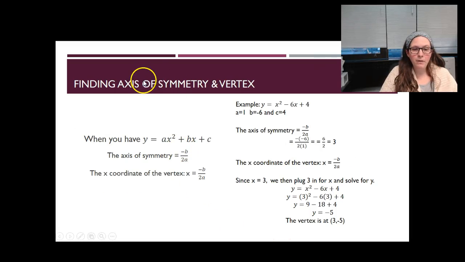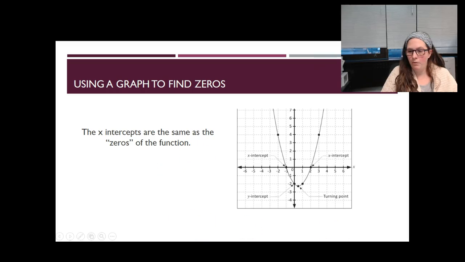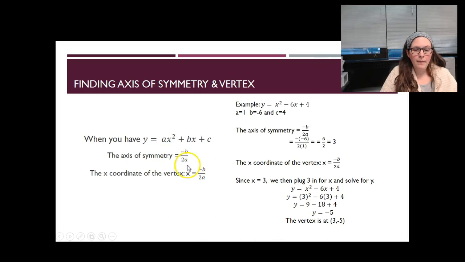Okay, next in this one, you need to be able on the quiz to find the axis of symmetry and the vertex. I'll show you how to do this one in a minute. We'll walk you through. Again, we're looking for that format y equals ax squared plus bx plus c. This is that standard form of a quadratic function or a parabola. The axis of symmetry is found by taking -b over 2a. You must have this written down in your notes. And then you can also find the x-coordinate of the vertex with using the same value to solve for x, and then plugging it in to solve